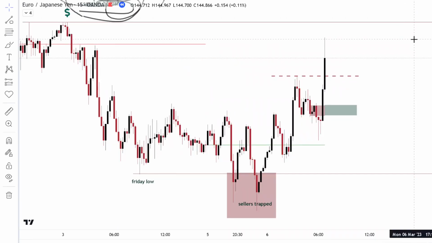Okay, so now that we have our context built, is that enough? Is that everything we need to take a trade? No, we need more confirmations. And how we reach another very powerful confirmation is our ADR, our average daily range. And how we check that is through